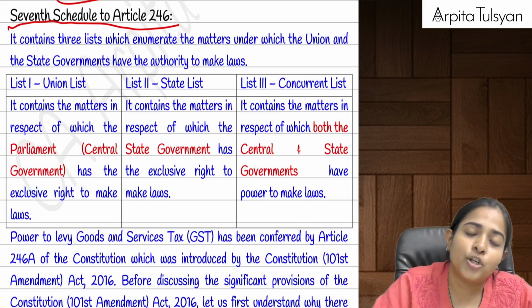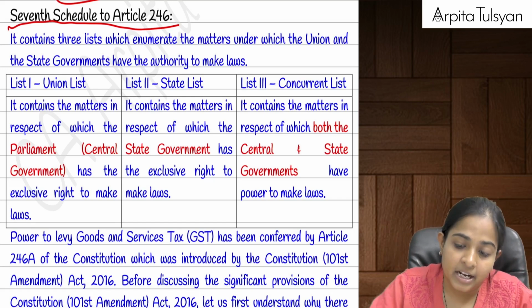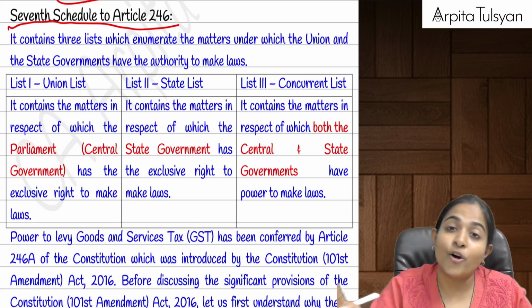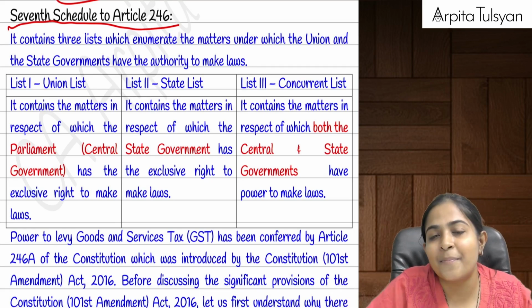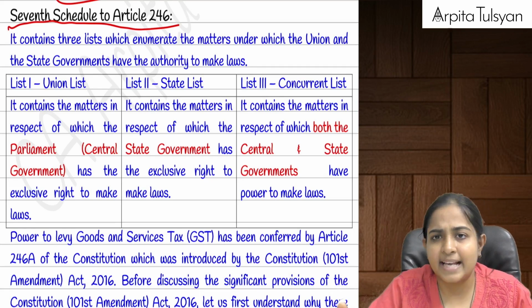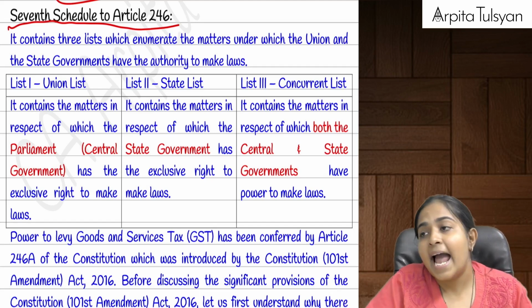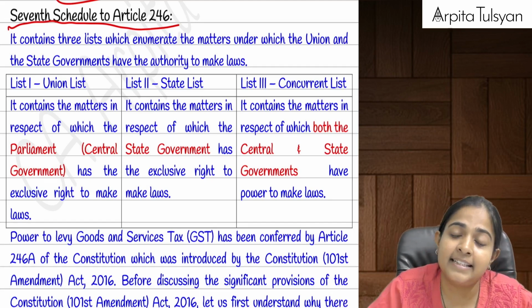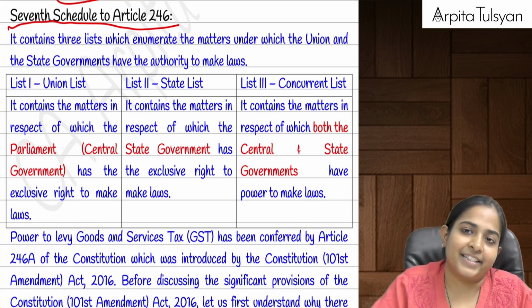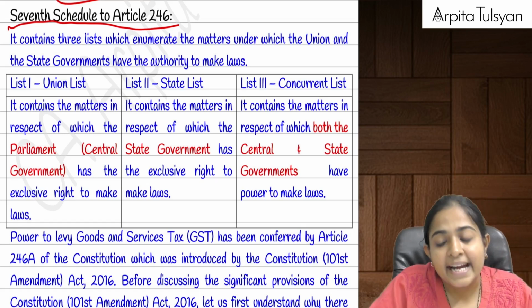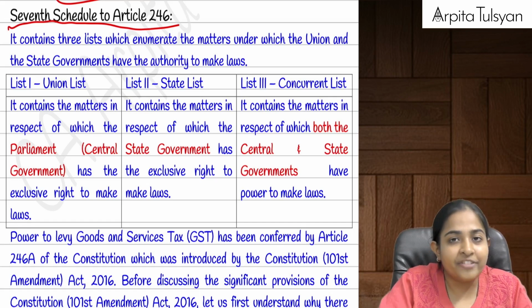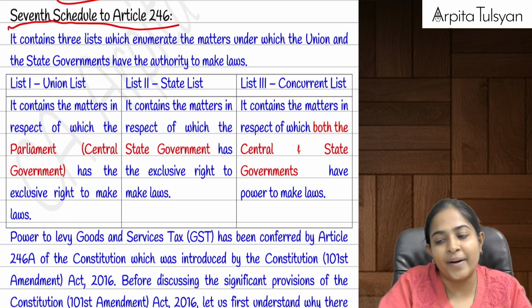List 2 talks about your state list. It contains all those matters on which the decisions can be taken only by the state government. Example, profession tax, laws relating to profession tax. And the last one is your list 3, that is your concurrent list. Concurrent list means it contains those matters on which the central as well as the state government have the power